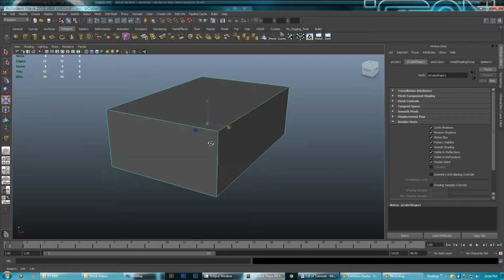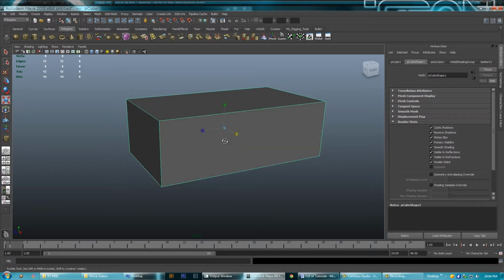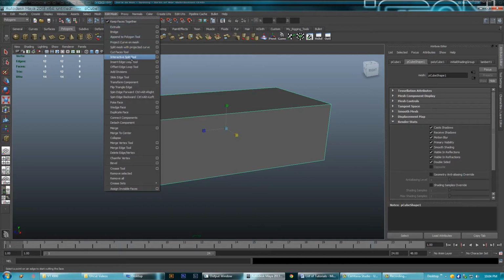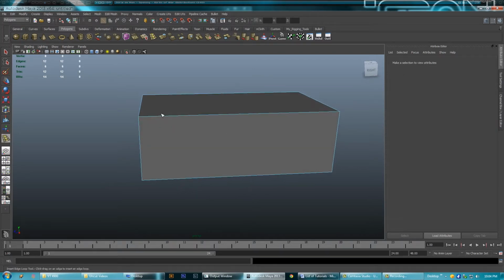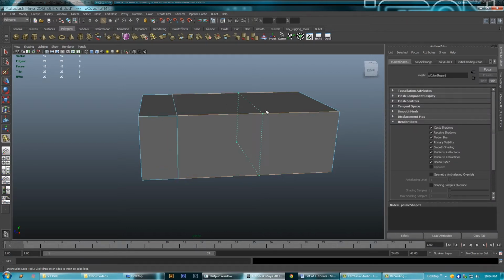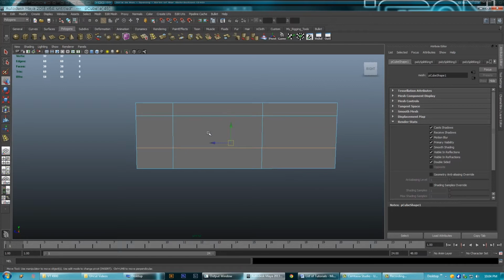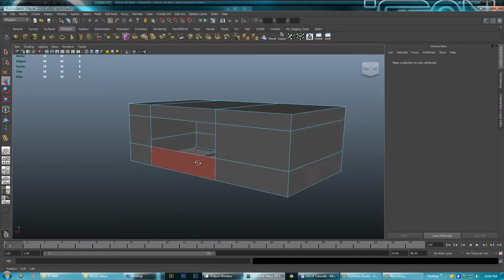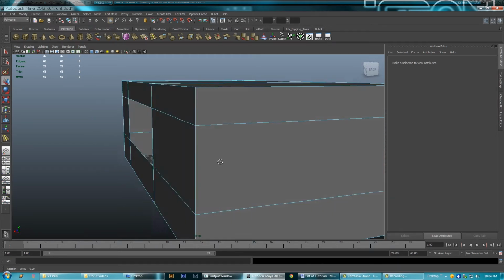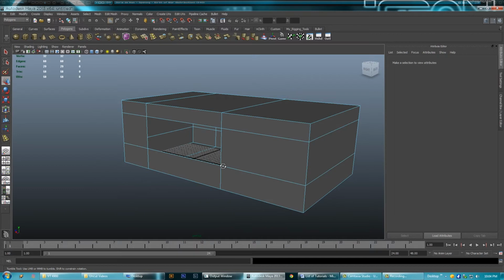The best way that I found to do it is you get the insert edge loop tool. Sorry, that's Edit Mesh, Insert Edge Loop tool, and say we want a rectangular window here. Let's come in here, draw out our edges, like so. Hit W to get out of that. Go to face, delete. So now we have this nice geometrically clean window taken out of our room